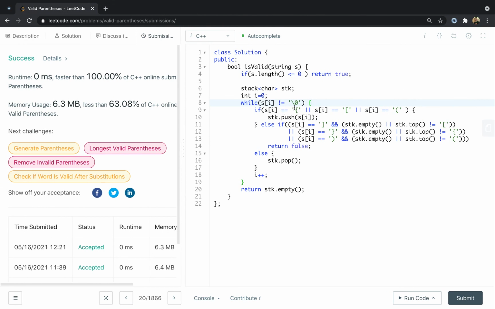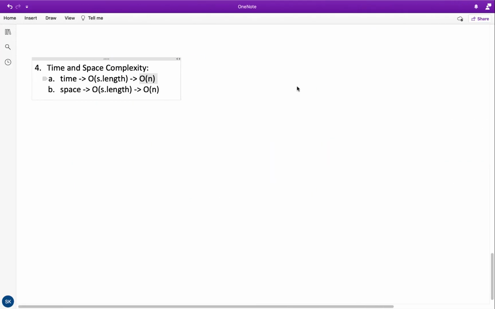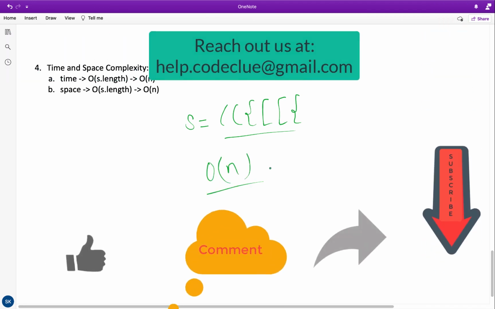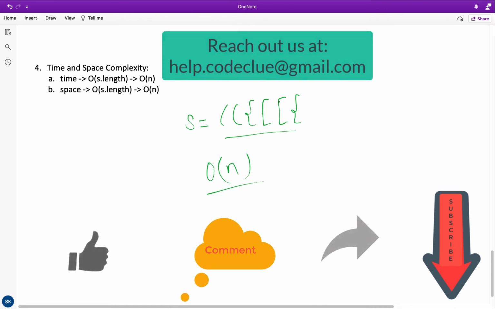Now let's have a look at space complexity. So we are using a stack which is adding extra space. In worst case, we will have to push all the opening brackets to the stack. So in that case, we will be using big O of n space, right? So let's say in case of a string like this, we will have to push all the opening brackets to the stack, right? So we will be using at most big O of n extra space for storing all this in the stack. So the space complexity is also big O of n, where n is the length of the string.